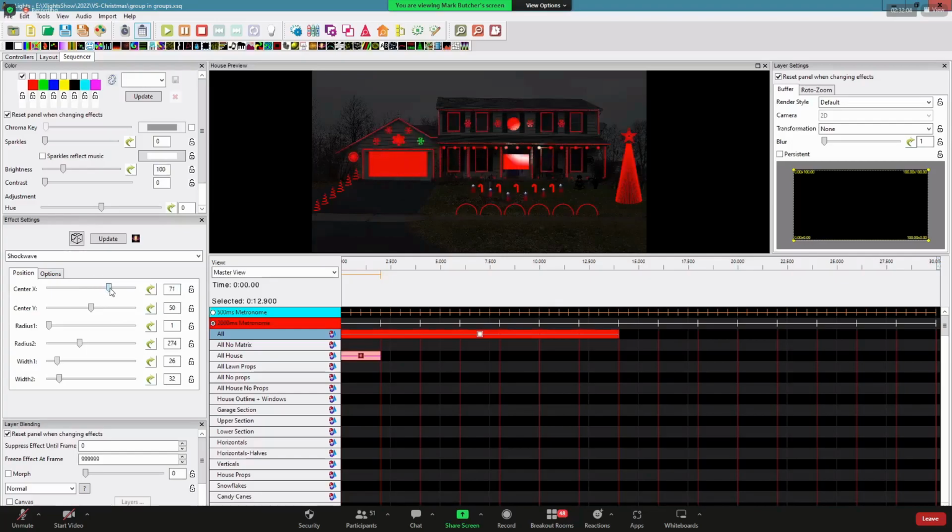Same thing, I can change it in here, because sometimes you want to. It's just, I guess, six of one, half a dozen of the other. It's just a matter of how you want to do it. There's multiple ways to do it. No one is necessarily better than the other.